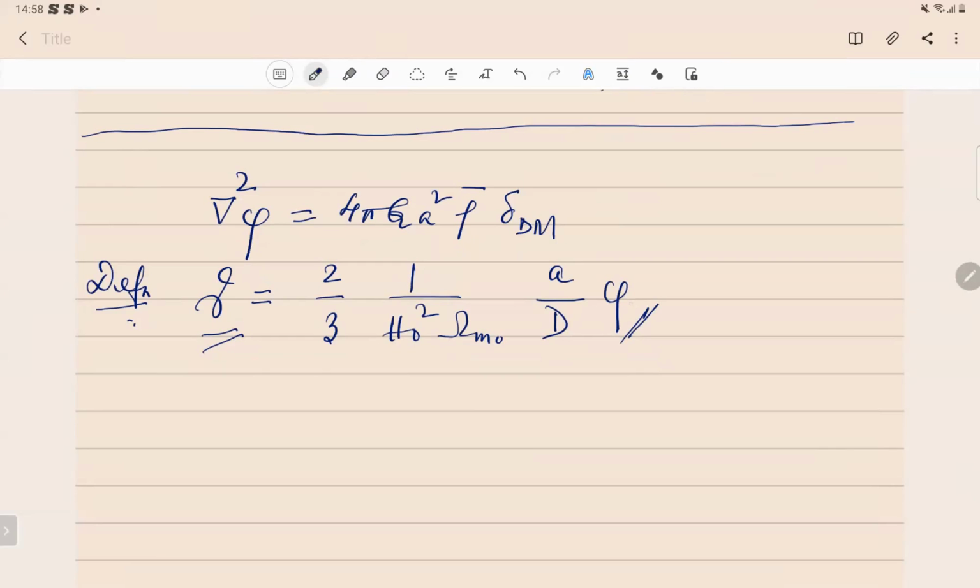So it has a spatial dependence coming from phi, and it has A and D. D is only the time part of the density fluctuations, and you have then these constants. It's just a definition. Now, if you apply the Poisson equation, you will have this equation: del square, the Laplacian of xi